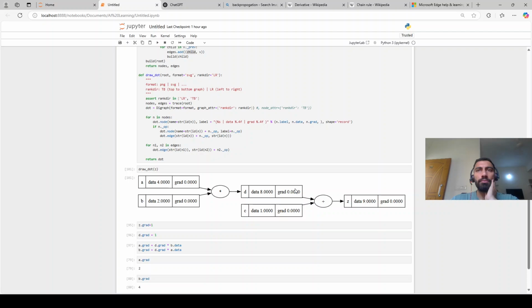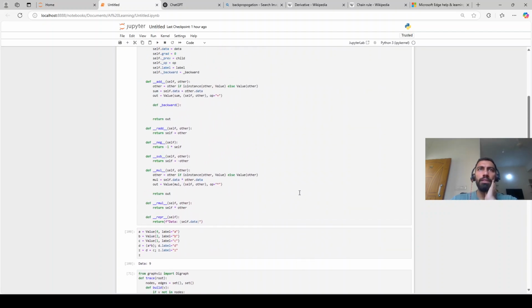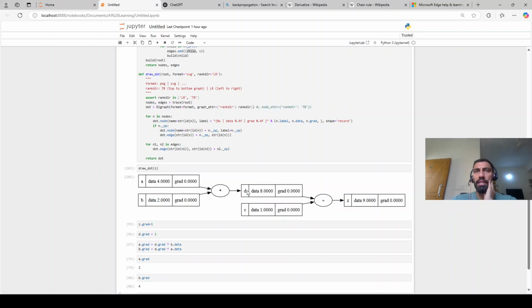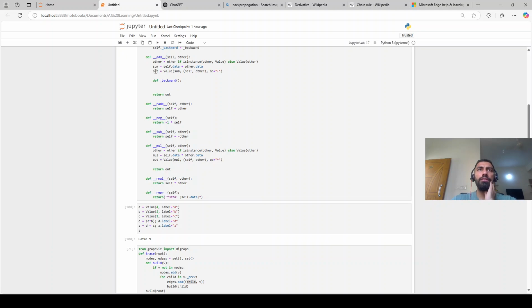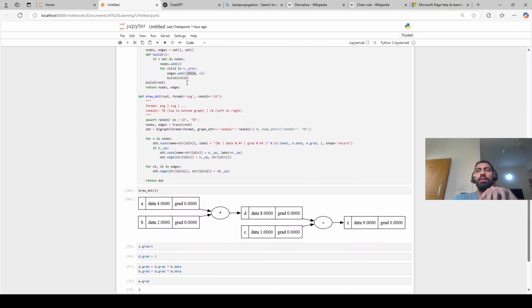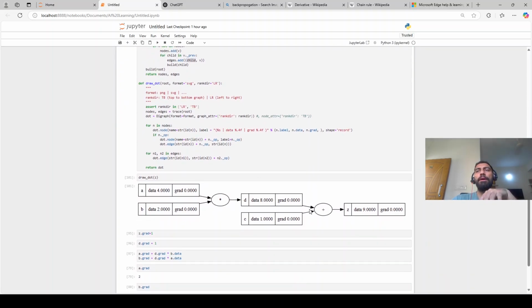So when that plus is getting called, this means we are in this state where we have D as self, C as other, and that operation is happening, and the Z we are getting, that is in out. So if we are defining backward, D dot backward or something like that,